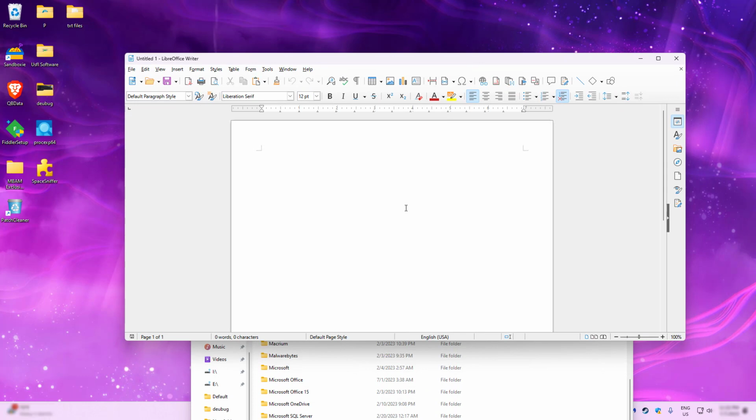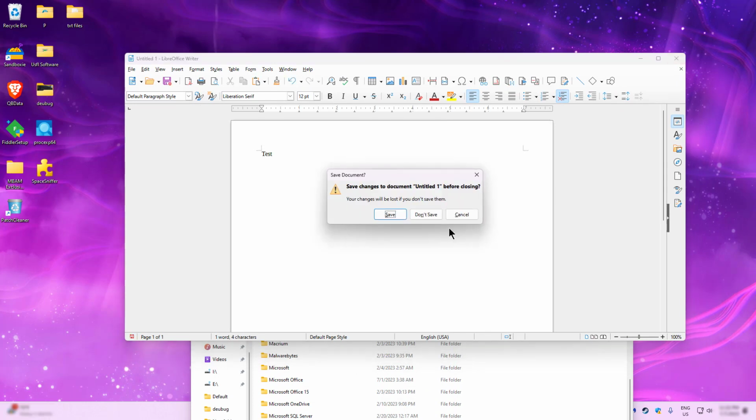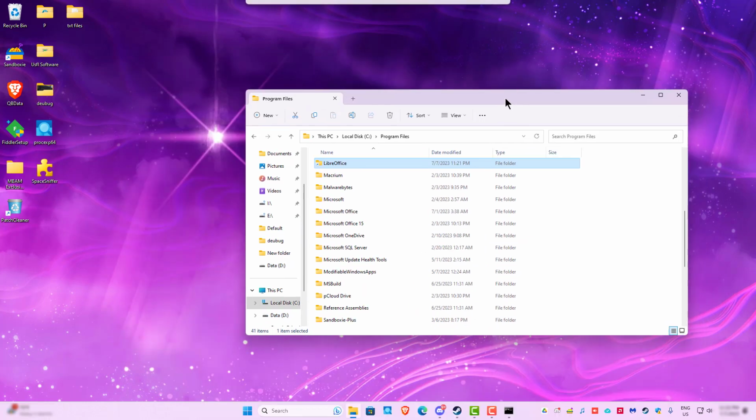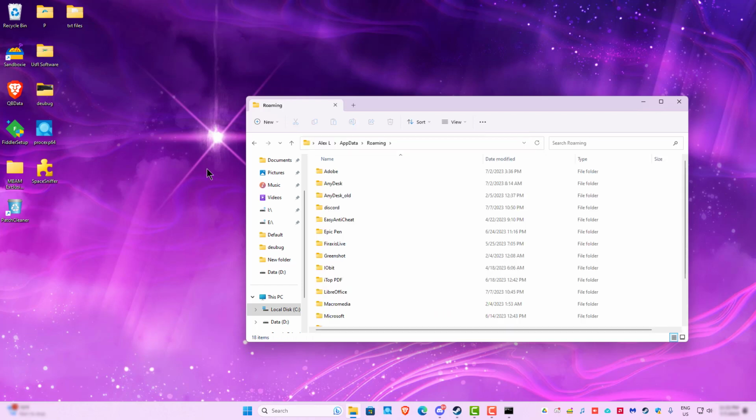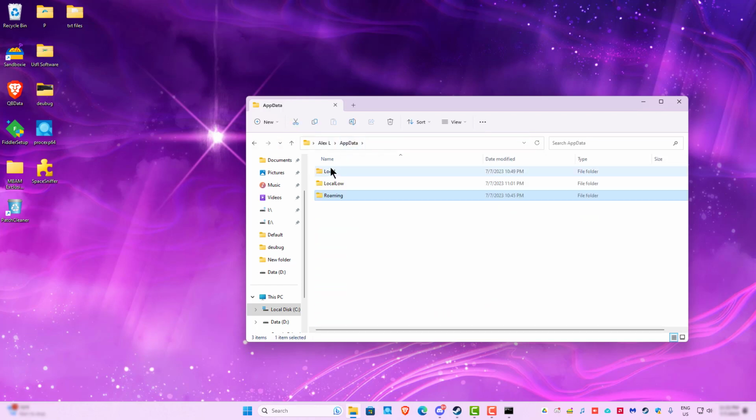Yeah, looks like it runs just fine. Now, some programs might not install on the C drive. For example, very rarely you might find them in AppData. To get there easily, I would type %appdata%, and that's going to take you to your Roaming folder. If I go up a level, and then click on Local,